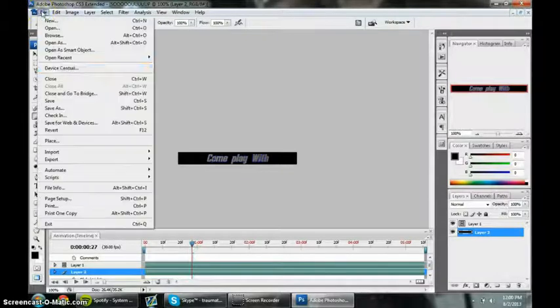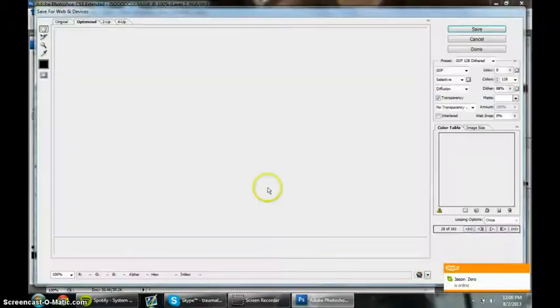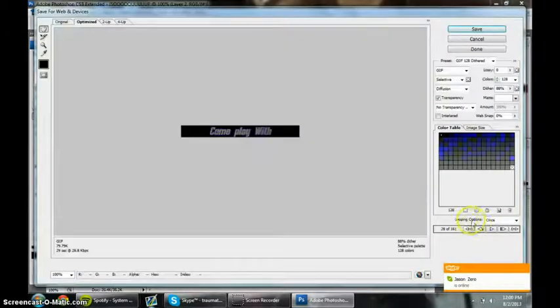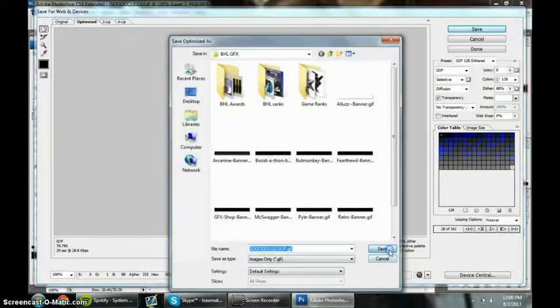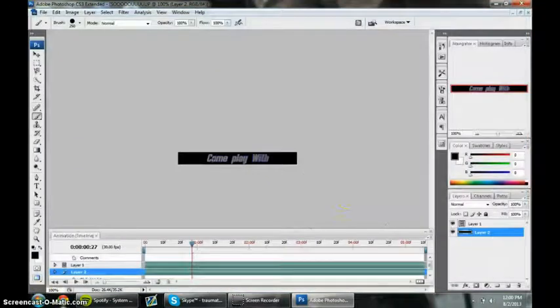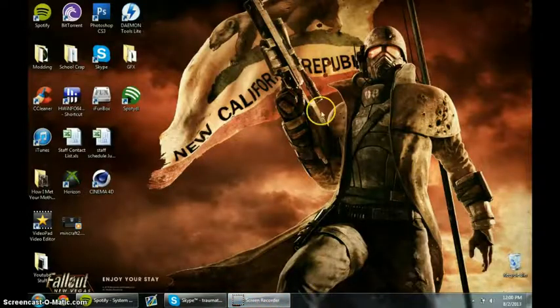Go File, Save for web and devices. Then you're going to go Loop, Pattern, Loop Forever. That's important. And it's a 128 GIF dithered. Save it, exit it, and that's all you have to do. Now you just upload it to Imgur or whatever you want,